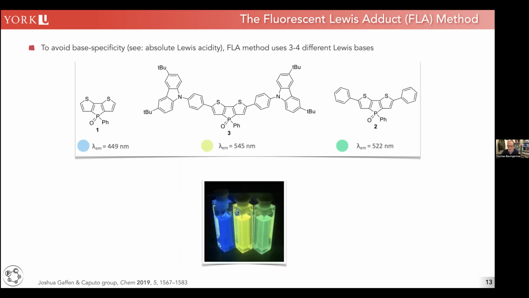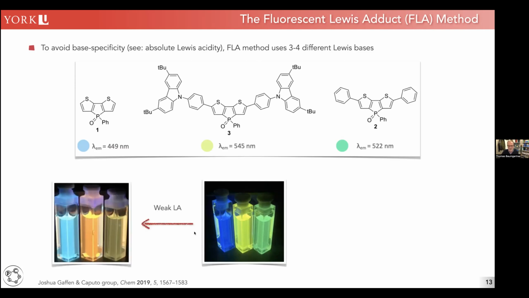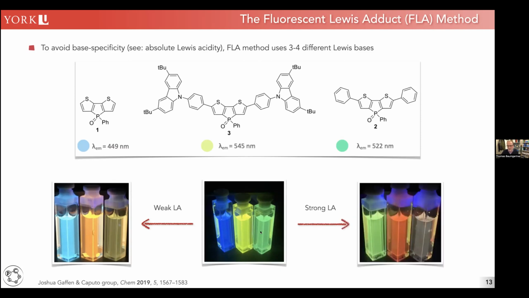So here's just the pure Lewis bases, the probes. We have the blue one on the left, the yellow one in the middle, and the green one on the right. We coordinate weak Lewis acids. You can see that the color changes are as such that, again, the dark blue becomes light blue, the yellow becomes orange, and the green becomes sort of this greenish yellow. When we add a strong Lewis acid, the blue becomes green, the yellow becomes red, and the green becomes sort of this yellow orange here. So again, we're moving along the optical spectrum from blue to red, the stronger the Lewis acid is. And ultimately, we have a starting point, and then we have a delta to the Lewis acid adduct.